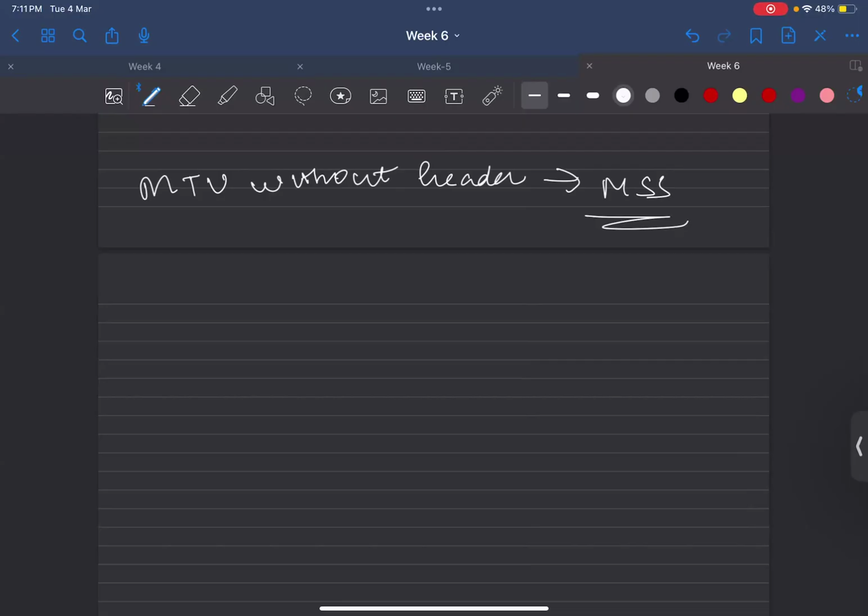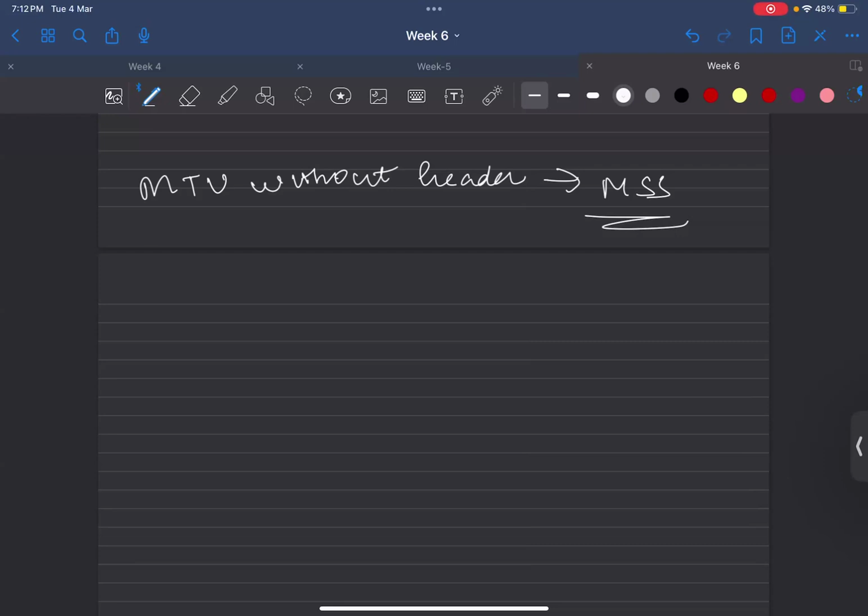Any doubt? So MTU includes headers. Yes, ma'am. In the lecture, the professor said that larger IP addresses are split into smaller ones, and MSS is a parameter that controls the data packet. Aman, can you unmute and explain if you want to say? Actually, ma'am, I was not able to remember when MTU was discussed, though it will be discussed again in the lectures. It was said that it would be covered in